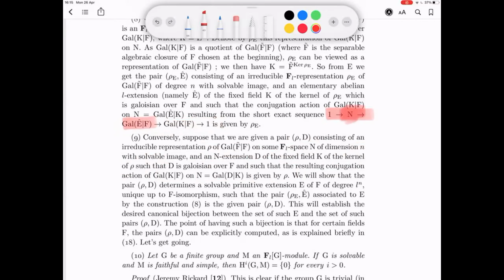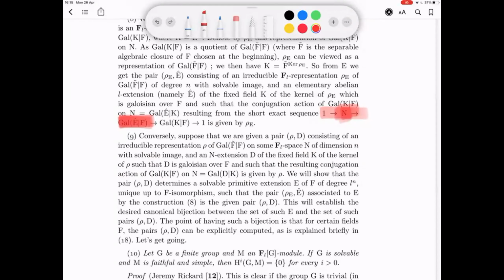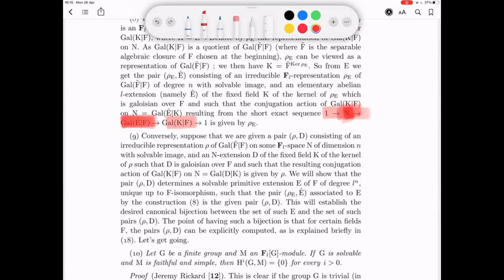Of course, elements here act on this by conjugation because N is a normal subgroup of this group. Now, so that is supposed to give an action of this on this. Except that we made some choice in lifting. We started with an element here, then we chose a lift. So somehow you have to show that the lift doesn't matter. You get the same